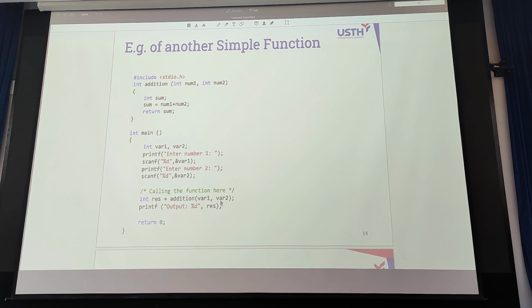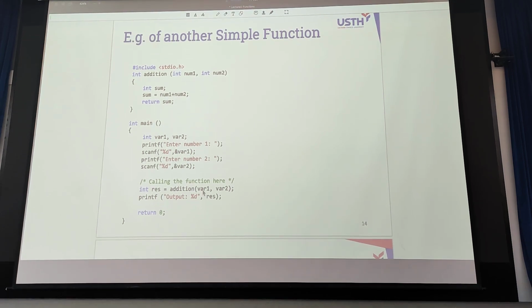And var1 and var2 are the variables that you create and use in the main function, and you call the function by inputting only the value of the variables var1 and var2. This manner, we call it calling a function by value.